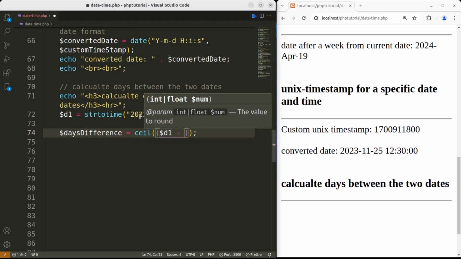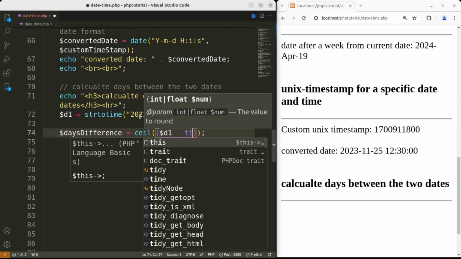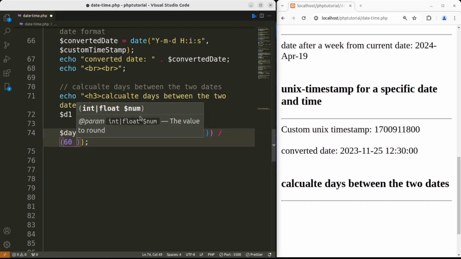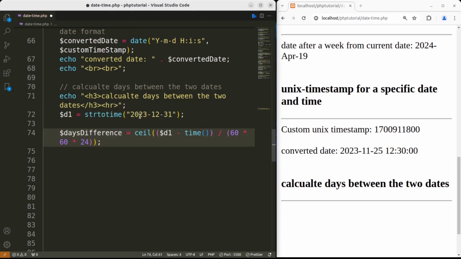Let's add or deduct the current timestamp, and then let's divide this whole expression by another expression, which is 60 multiplied by 60 multiplied by 24, and then let's